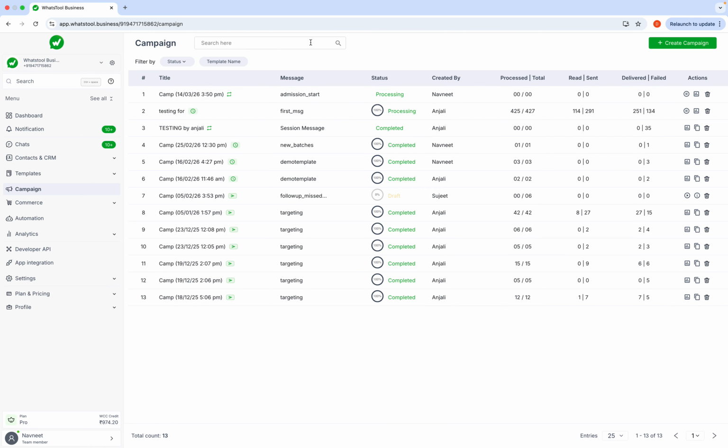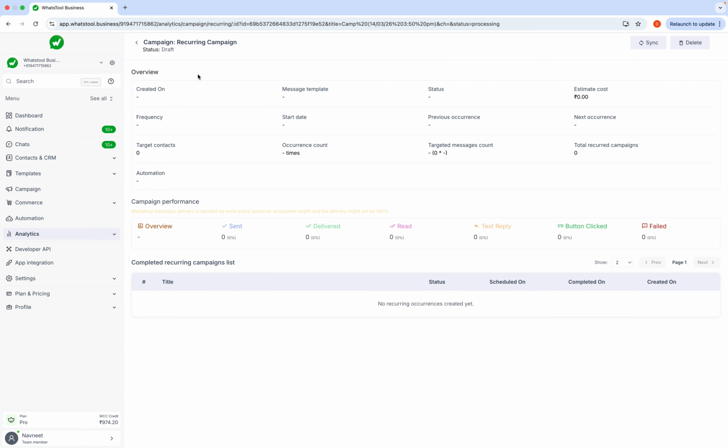After clicking on this, the recurring campaign analytics page opens. The recurring campaign analytics page shows the campaign title with a repeat icon and its status, which can be active, processing, scheduled, paused, stopped, or completed. There are action buttons as well. You can sync to refresh the data,